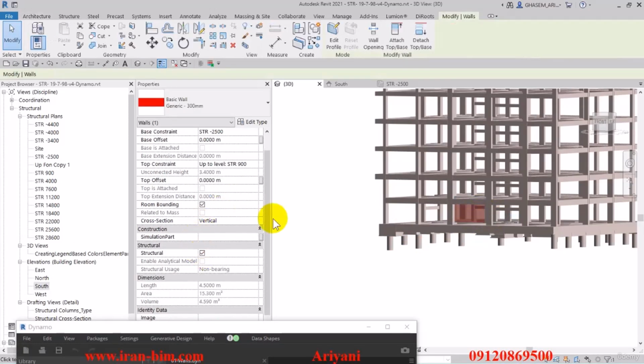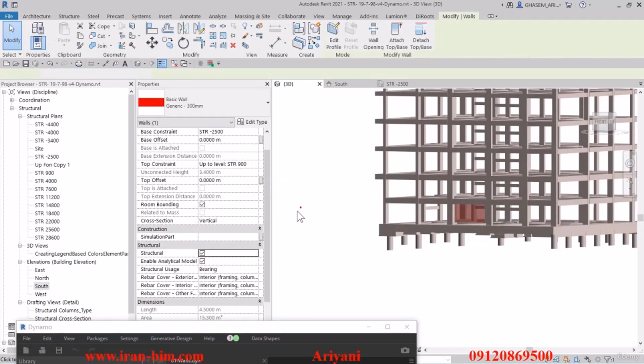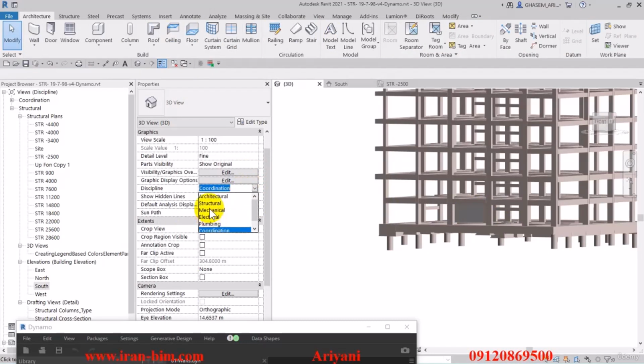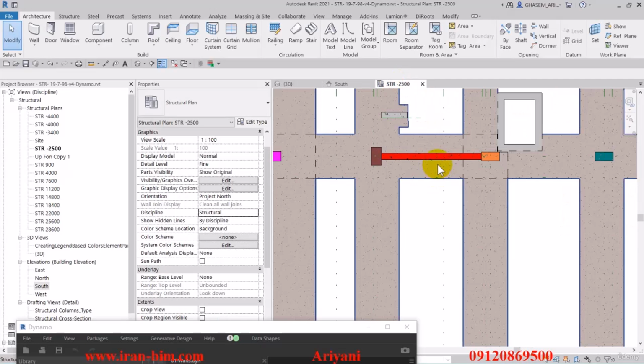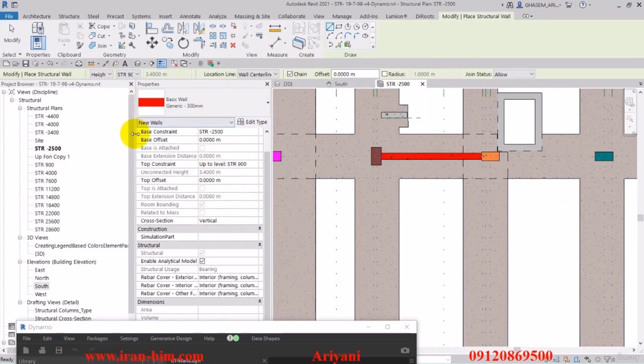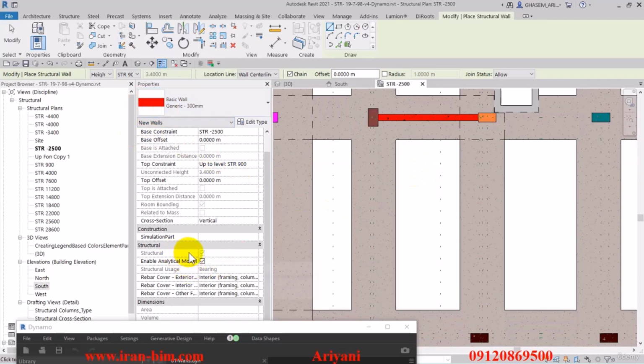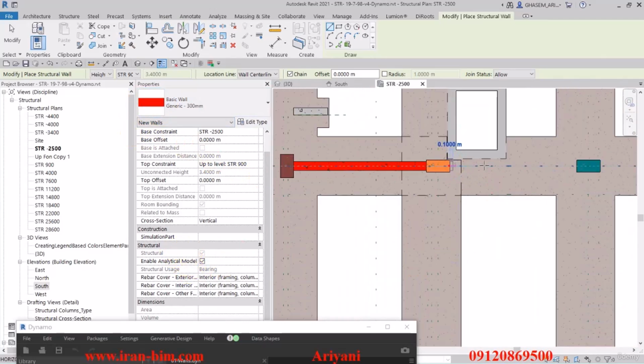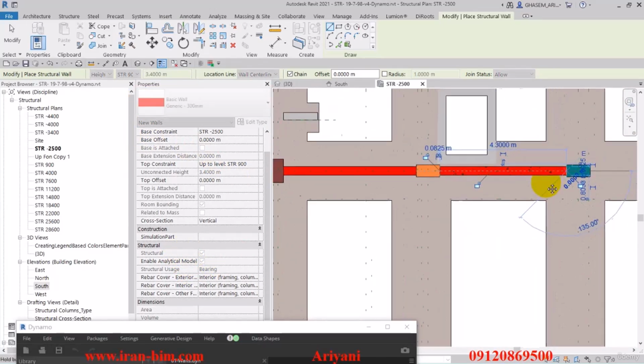Then I can select the wall itself and check the structural box over here. Alright, and then we can put the discipline on structural. Now let's go back to the plan here where we can see the wall. Alright, then I'll select the select similar tool, and I'll make sure the wall is structural, and then we can